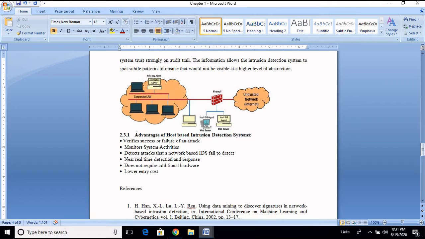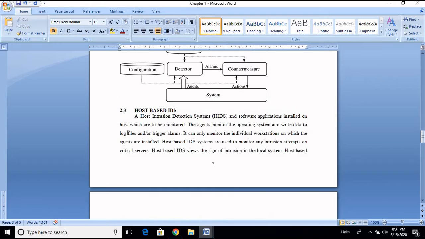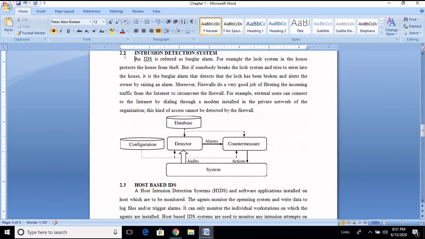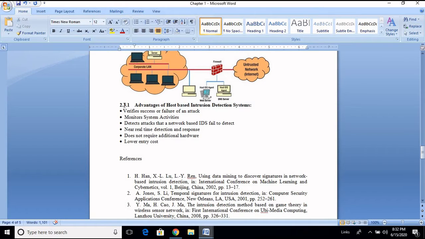To remember this, the best thing is, suppose in numbering only 2 numbers are there. Here you can see 2 and 3 is there. Here also 2 and 2 is there. If 2 numbers are there, then you need to make that uppercase. If more than 2 numbers are there, you can see 2.3.1, three numbers are there. Don't convert this into uppercase, just make it bold. With that it will be over.